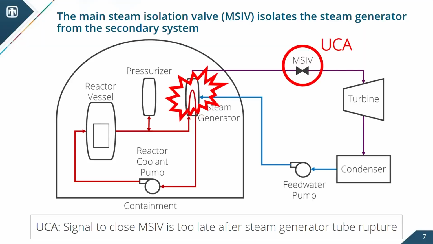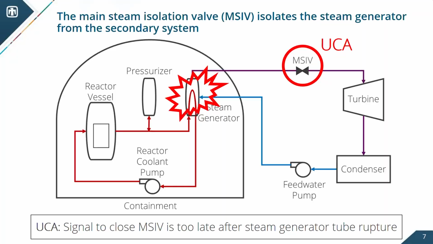Right? And so this is going to cause all kinds of bad things. And so there's usually an automatic decision made by the main steam isolation valve. That's the MSIV. And so the adversary is able to notice that there's been a steam generator tube rupture, and they're able to prevent the main steam isolation valve from closing. Now what this means is you have now condensate ingressing into that secondary loop. And with that condensate, you have the potential for damage to major equipment like the turbine. So you definitely want to prevent this.